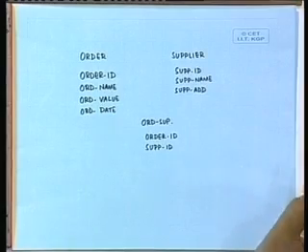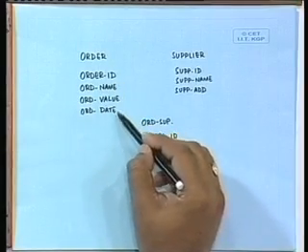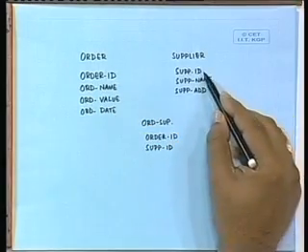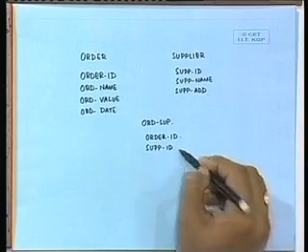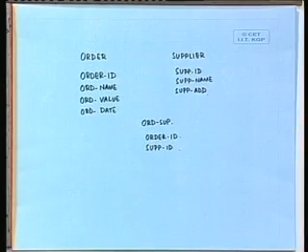Right. So, the order file has got order ID, order name, order value, order date. Supplier has got supplier ID, supplier name, supplier address. Order supplier has got order ID and supplier ID, right. Now,